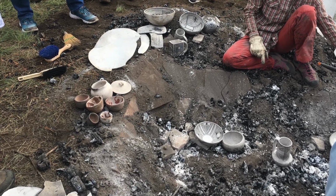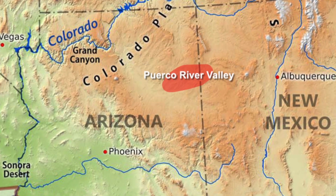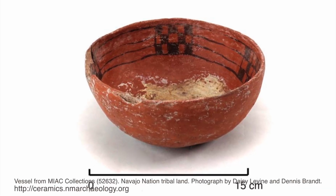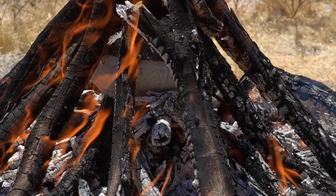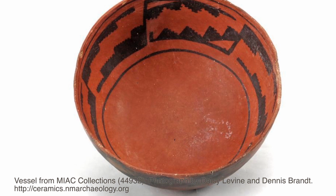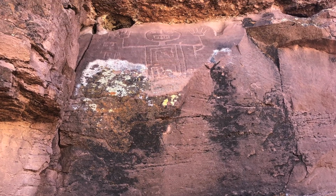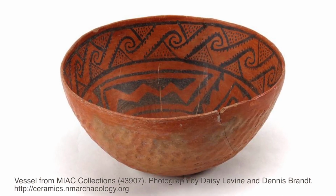About 1030, the Mogollon potters on the Puerco River developed oxidized organic paint pottery. In this case, it was probably fired on the surface of the ground instead of trench kilns, and the smectite clay slip they were using fired red as opposed to white. This was something new. This was made for several hundred years up in the Puerco River Valley and never spread far beyond there,